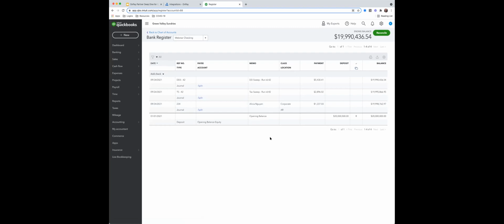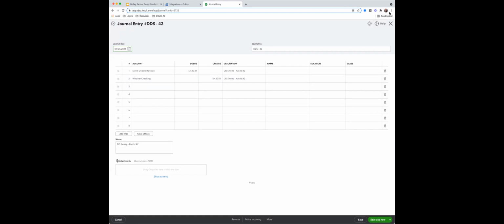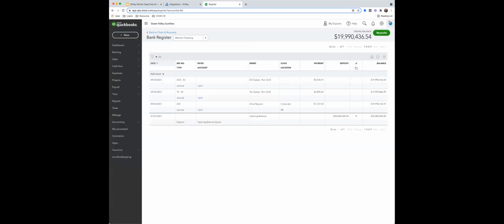What happens is, because we're using that direct deposit clearing account, those employees basically have a journal entry with a 0 net pay at the end of it, because we're sending the net pay to the clearing account. And so QuickBooks sees those as $0 journal entries. So I don't want to say they disappear, they just hit the accounts that they're supposed to hit, and they don't show in the bank register.